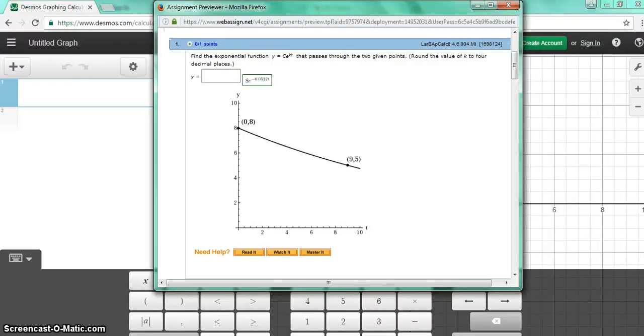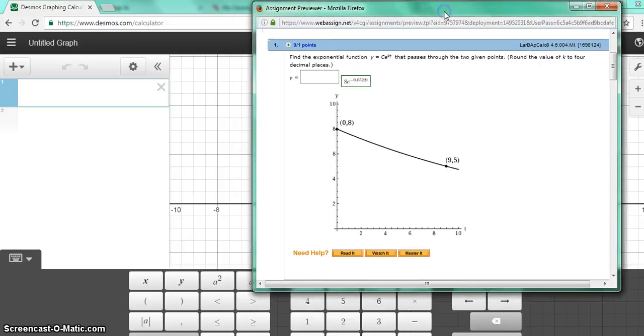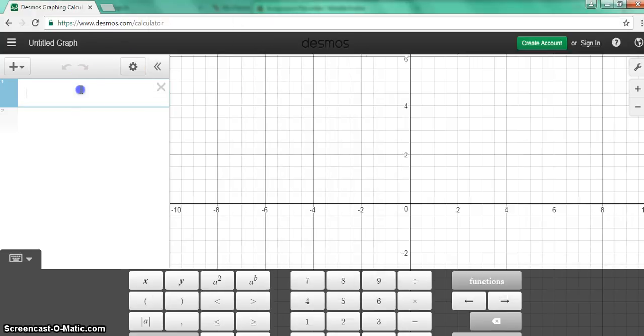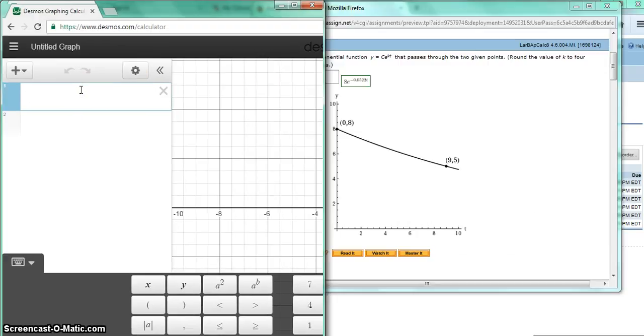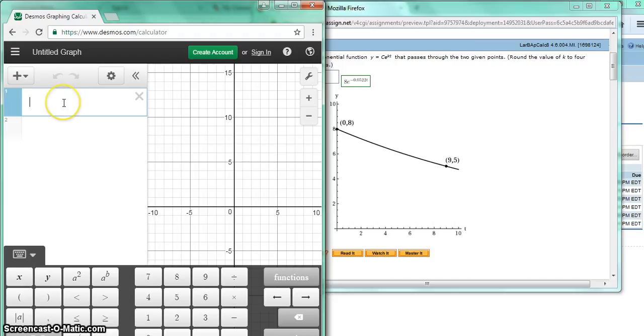So in Chapter 4, Section 6, we've been dealing with exponential and logarithmic equations and looking at derivatives. On the first one, they're asking us to come up with the exponential equation that's in this form, given a couple points. On the supplement, I'll show algebraically how to do it, but I also figured that I could show you using regression